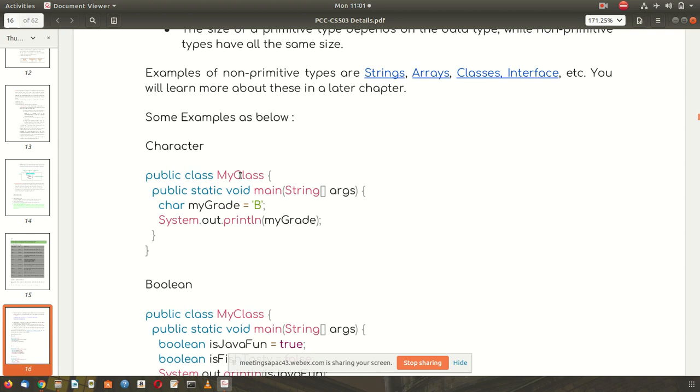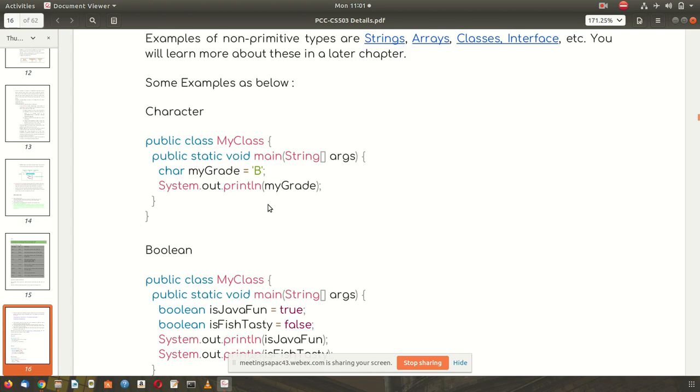Here is an example: to create a variable of character capital B, how is it written? Now you can recognize the key.